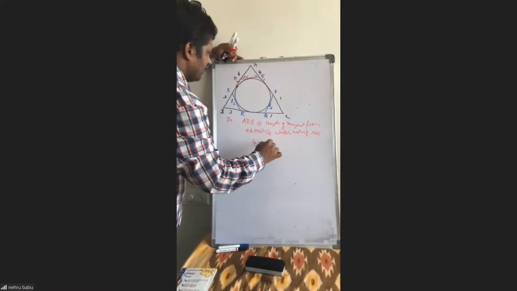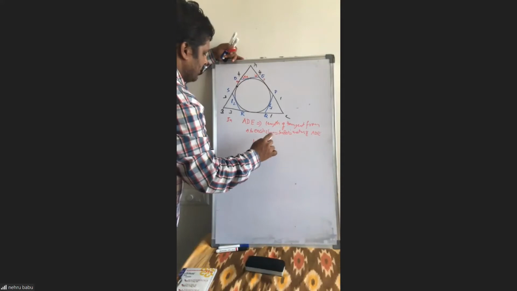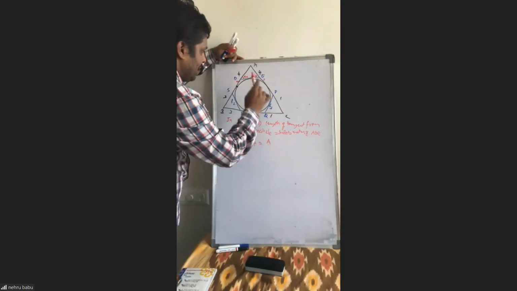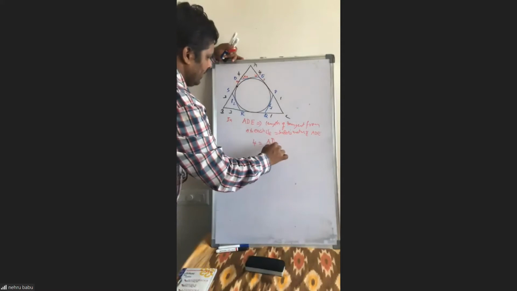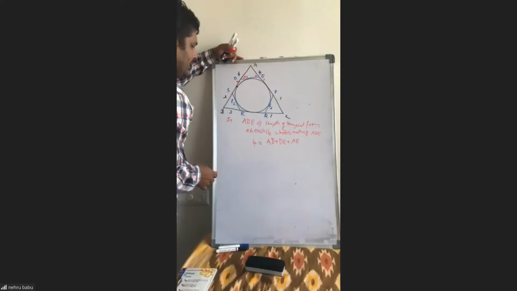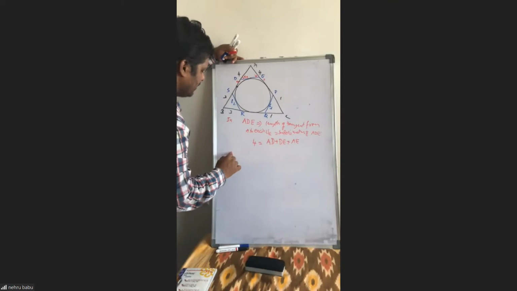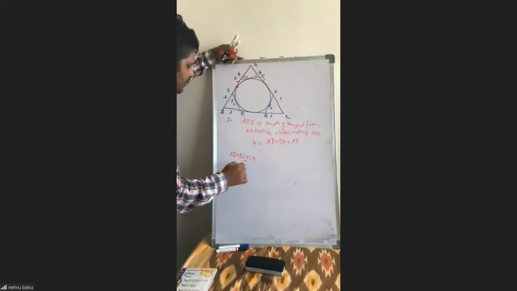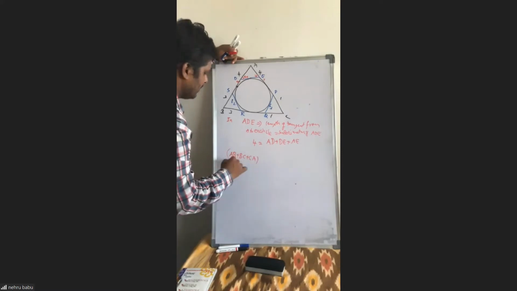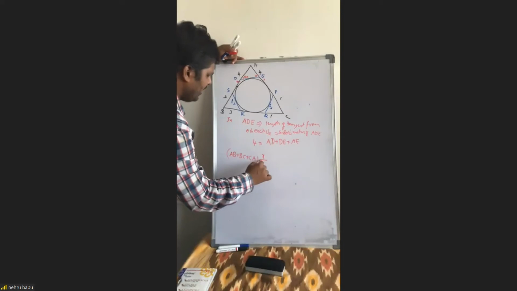Sir, now ADE and ABC are similar triangles, no, sir. So just the scaling factor will multiply into the semi-perimeter of ABC. One minute. Here what you are writing is 4 equal to semi-perimeter, means X by A into... plus D plus A. First I am writing this. I'm writing it as AB plus BC plus CA into X by BC.